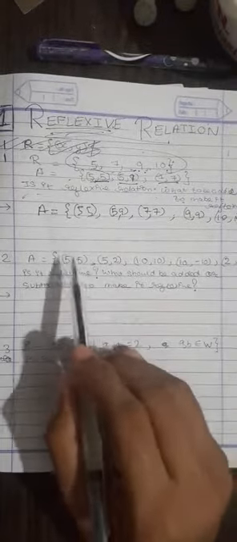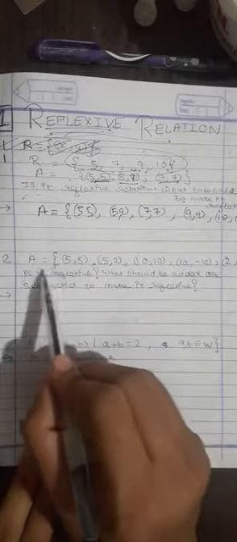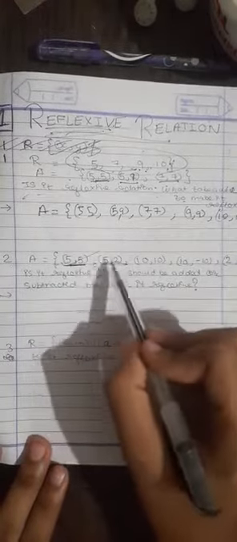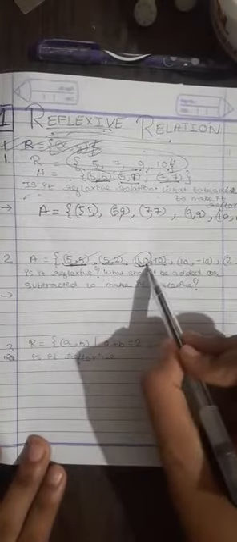Now second is this, and here as there is no reference bracket, I can directly start. Here (5,5) is there, so good. (5,2) any can be there. (10,10), so here first element is 10, so now I have to mind only the first element, not the second. So here (10,-10), yes, but here (2,2) is not there.